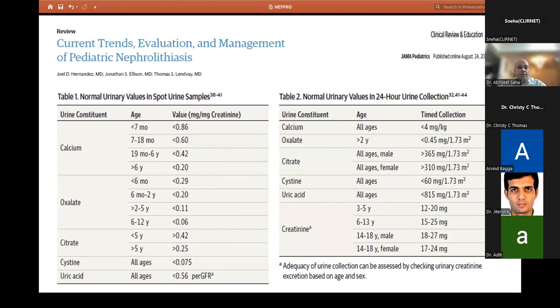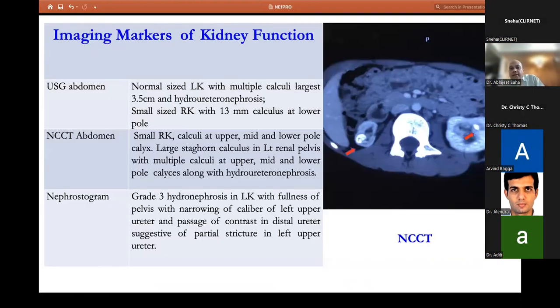nephrolithiasis and nephrocalcinosis. So coming back to this child, on the right side, you can see the NCCT of this child and two red markers there. So you can write what you think about this. Some of the answers are already there on the screen, but you can write your answers as well as to where the stones are, what you think about the stones.